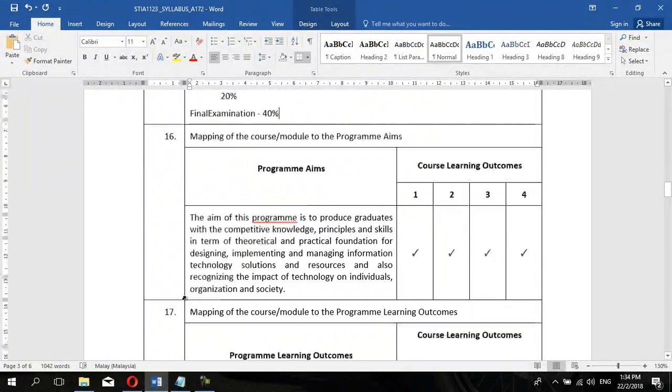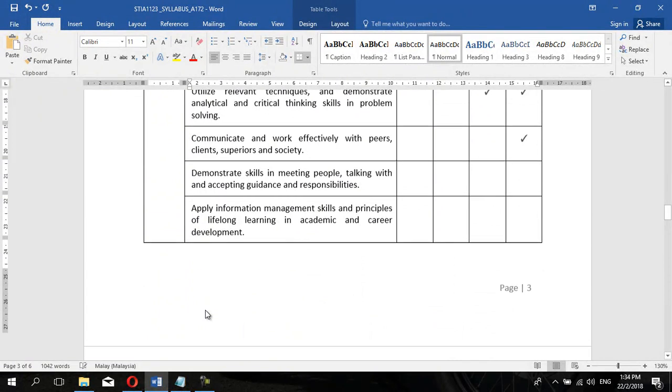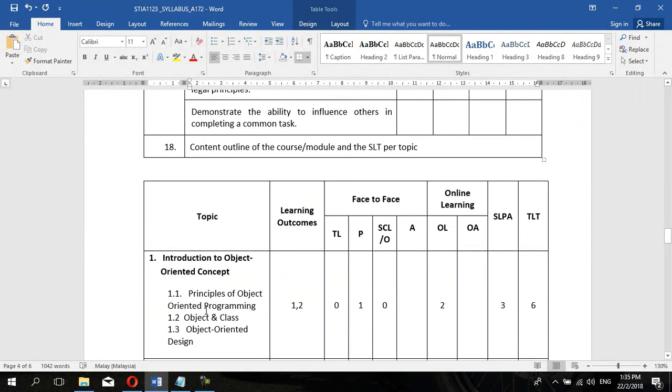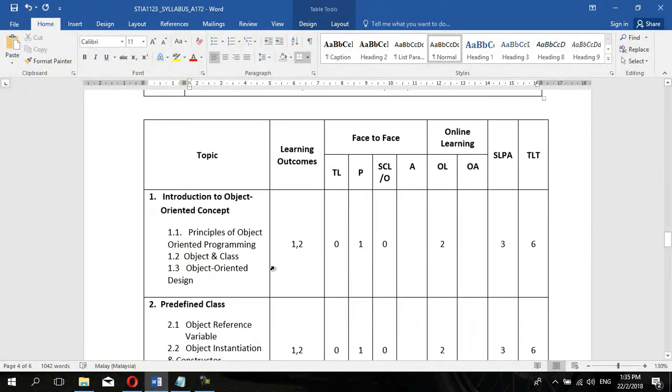Okay, so 16, 17, this is all for the syllabus technicality of the subject, so you don't have to look into that. Alright, so we're going to move on to the details of your syllabus. Your first topic, we're going to look into introduction to object-oriented. The idea is that you do not take away from your previous understanding of how programming works in a structured manner, but this is basically an upgrade for you